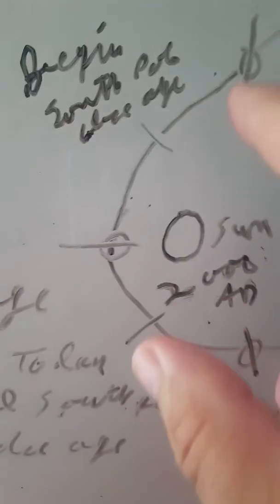Now, what does this do for our weather? Notice this line I have going through the Earth in each of these cases. That is the tilt of the Earth with respect to the Sun. As you can tell here, it splits north to South Pole. North Pole is facing the Sun, and South Pole is facing away. Over here, the North Pole is facing away and the South Pole is facing towards the Sun. Here, the North Pole is facing away from the Sun and the South Pole is facing toward the Sun. But over here, it's going to be the South Pole facing the Sun and the North Pole facing away from the Sun.